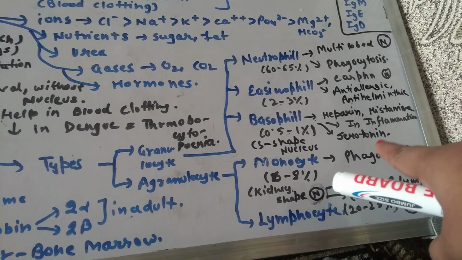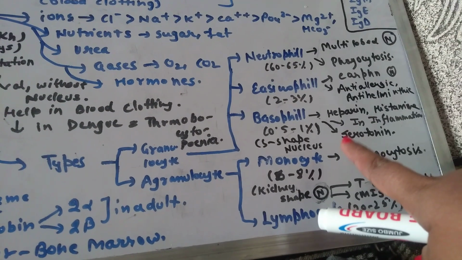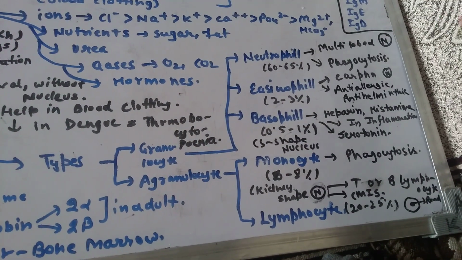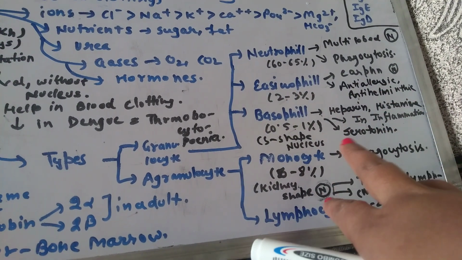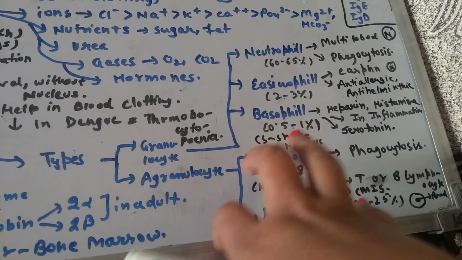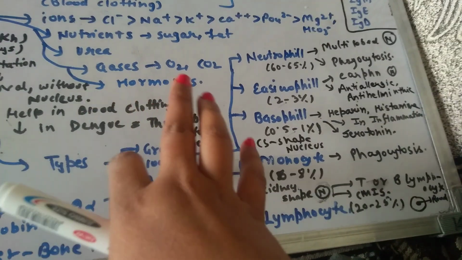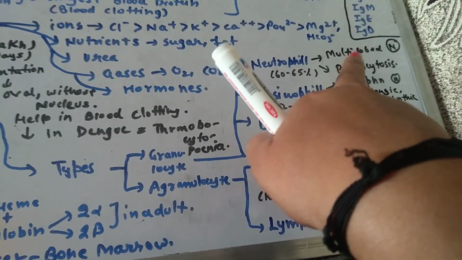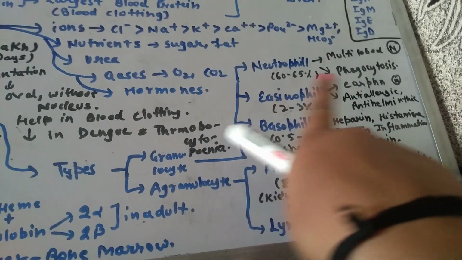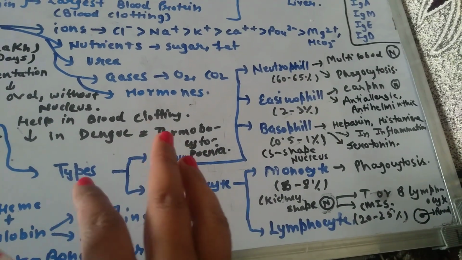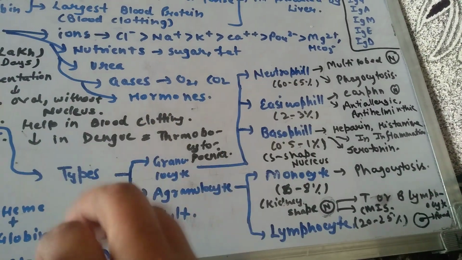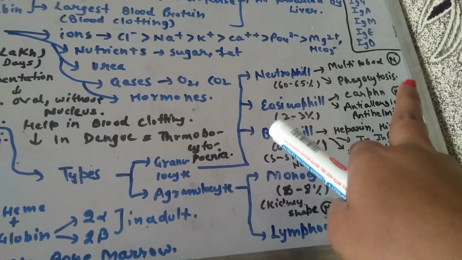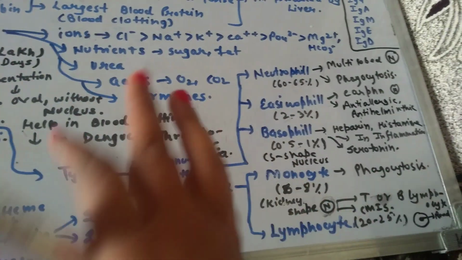Histamine is basically the vasodilator which can dilate the blood vessels, and serotonin is a vasoconstrictor which can constrict the blood vessels. Histamine and serotonin are both antagonistic to each other in their function. On the basis of the shape of their nucleus, neutrophils have a multi-lobed nucleus, and the function of neutrophil is phagocytosis. It can travel very fast to where infection occurs, and it can lead to the phagocytosis of that infectious